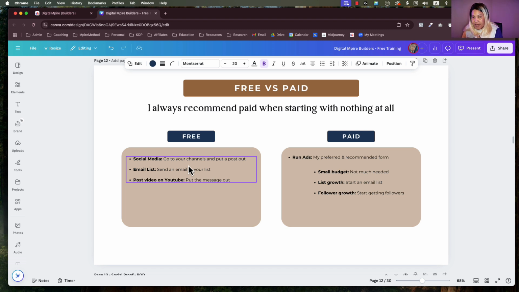And then you grow the email list. And now you're also able to get followers because now you've got this email list. And when you send them the email, you can tell them, hey, follow me on Instagram. Follow me on YouTube. Now you can start a YouTube channel because now you have somebody to tell, outside of your family, that's interested in what it is that you do. You went directly to the marketplace.